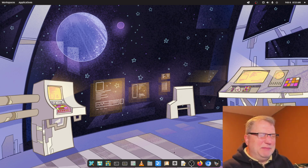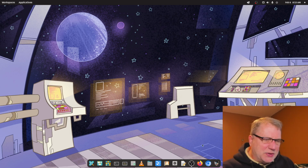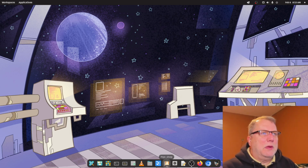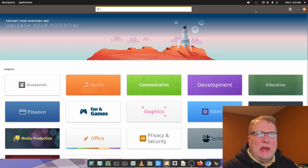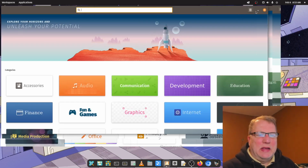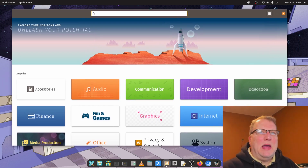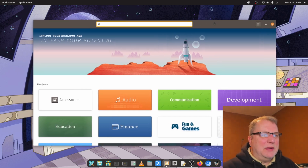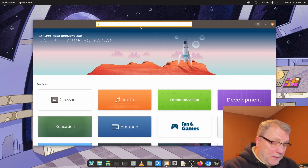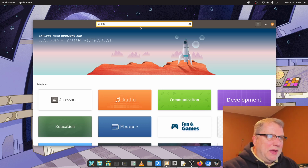One of the things I really like about Pop!_OS, and I tried it maybe about a year ago and actually used it for a few weeks as my daily driver, was the Pop Shop. This is their package manager, and I like it. It really is nice. There's one thing I don't like about it, but as far as finding what you're looking for, like if I was looking for OBS,